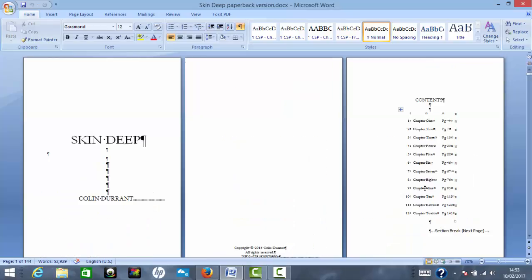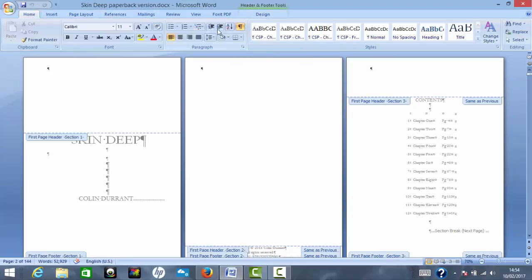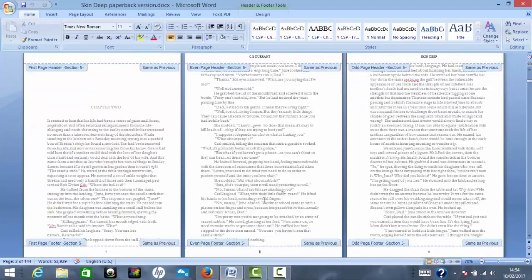Now, one of the things you do need to be aware of here is, if we look at the headers specifically, these are first page headers, so there's nothing on here. So by default, let's go back to here. Let's get rid of this, so it's not getting in the way. These are first page headers. Now, I'll tell you why I mentioned that. If we move down